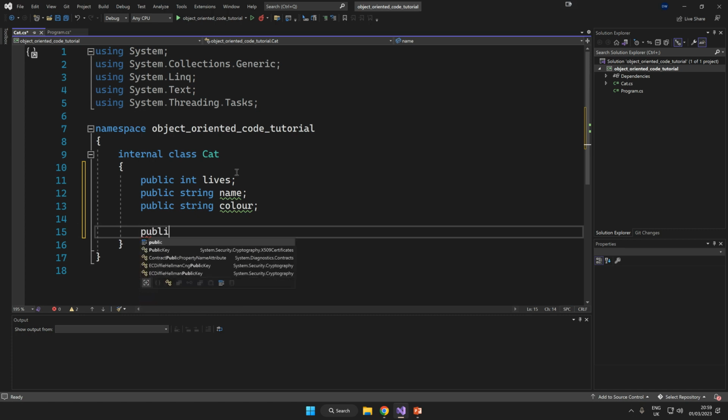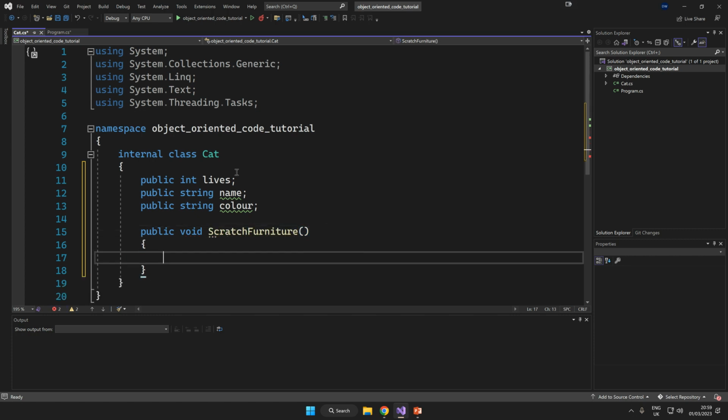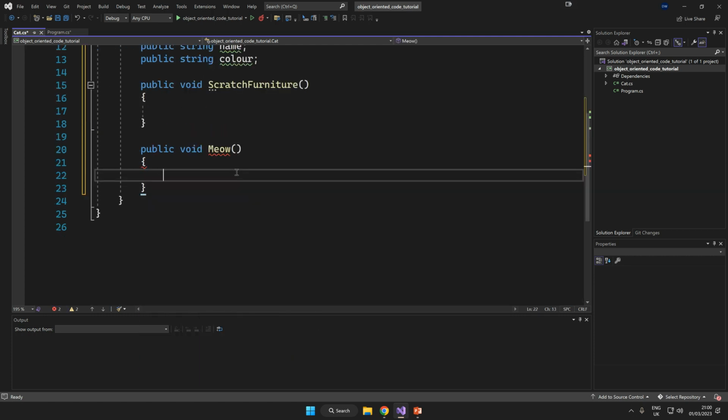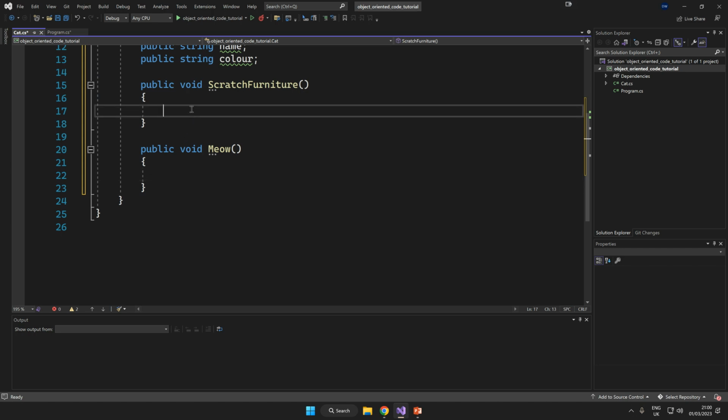So we'll go public void furniture. And what else do cats do? Meow, I suppose. Void meow. There we go. So just for now, I'm going to get these methods just to put a line on the